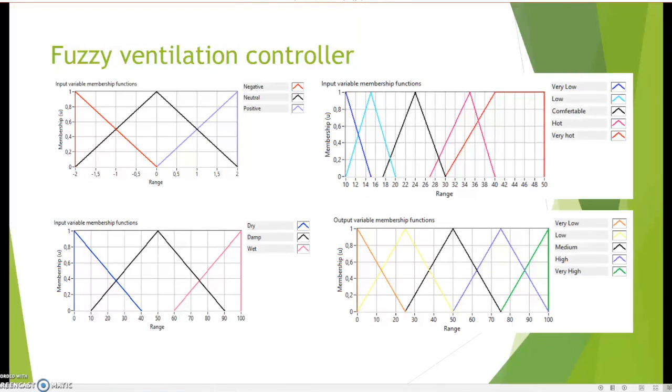Here we see the membership functions for the fuzzy ventilation controller. Ventilation controller is a so-called multiple input and single output system. The crisp inputs to the controller are measured temperature shown here, with specific linguistic hedges indicating very low, comfortable, hot, and very hot temperatures. The range is chosen to be between 10 to 15 degrees, which is a temperature that we can reasonably expect